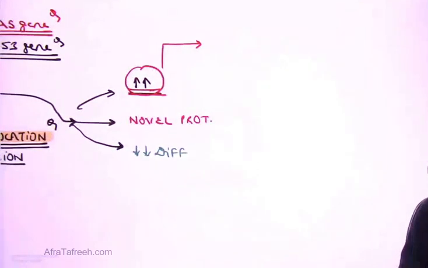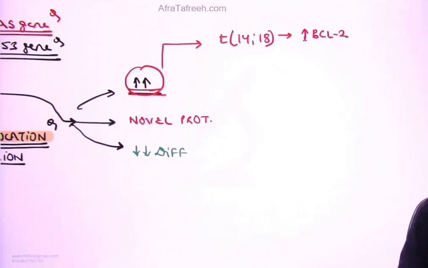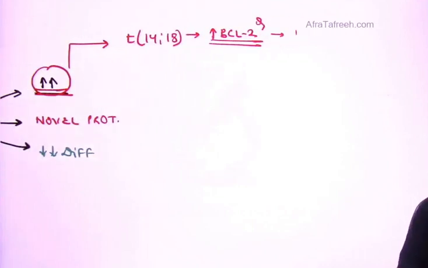Talking about each of these, with examples which are very importantly asked in our exams: overactivity of a protein. The first example that I would like you to be familiar with is translocation 14;18. Translocation 14;18 is responsible for causing overactivity of a molecule given the name BCL2. BCL2 is overactive in which cancer? That's a frequently asked question for your exam. This is what you are going to answer in the exam: follicular lymphoma.